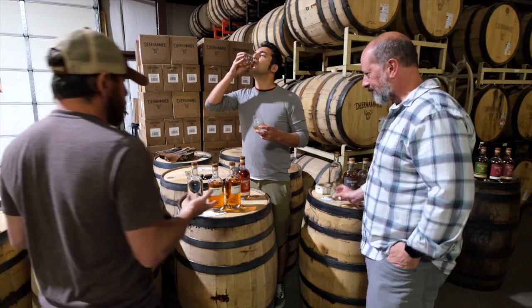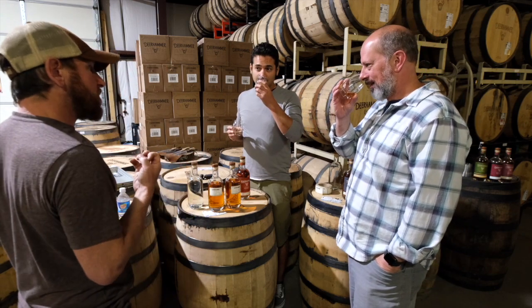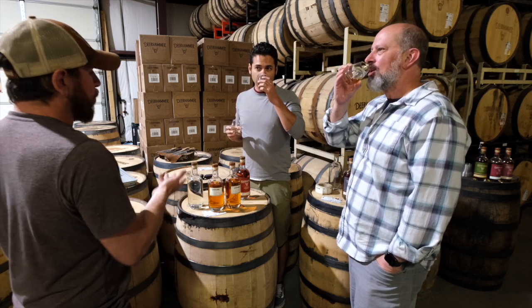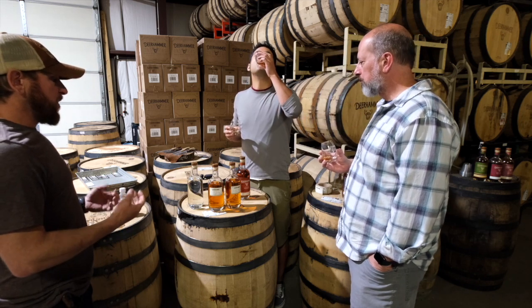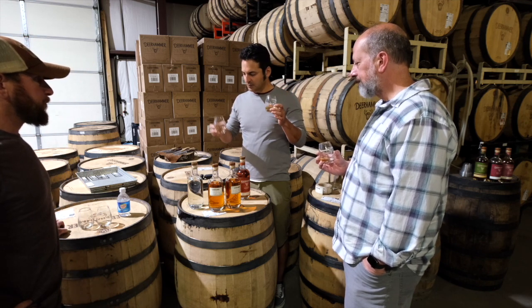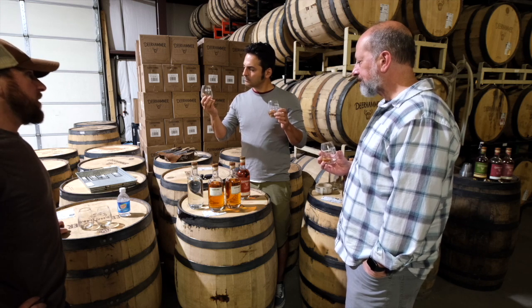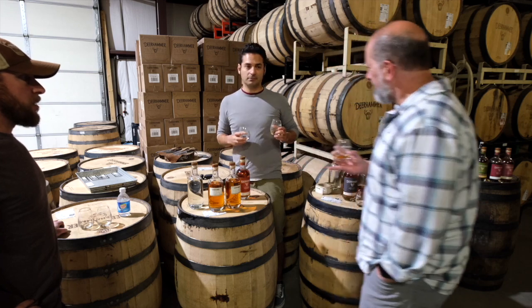What we decided on was, while I really like the quality from the higher oat one, it's just got this nuttier note to it. And they're so different on the nose. I think the wheat is a little bit more of a traditional flavor, even though it still has a lot of bacon qualities to it. We're doing more or less a blend of the two in our grain bill now. This one has a little bit sweeter taste. This one's more of a honey-ish kind of taste. So, what's the mechanism for...